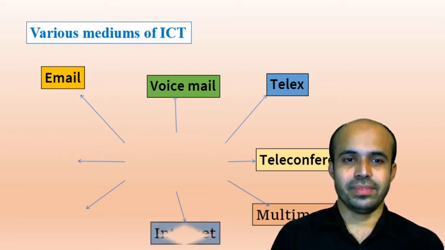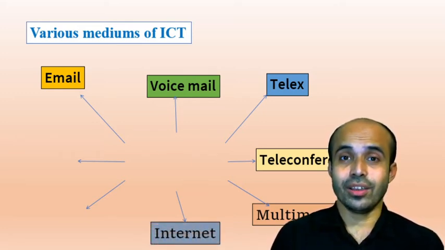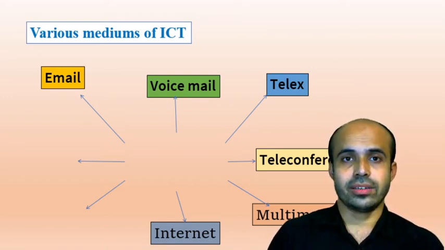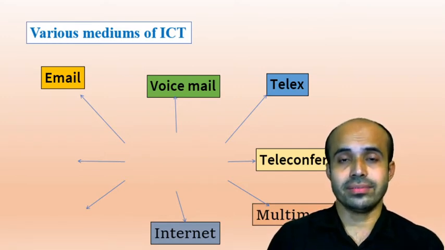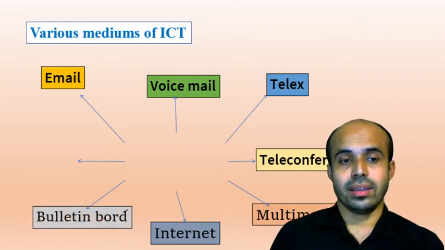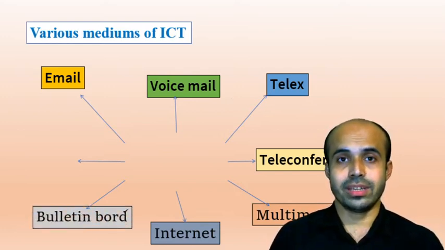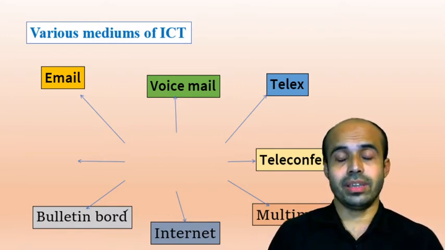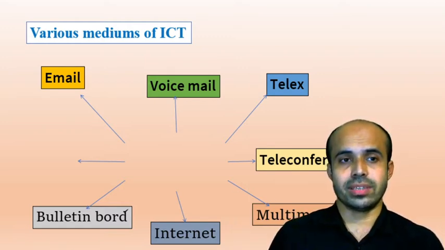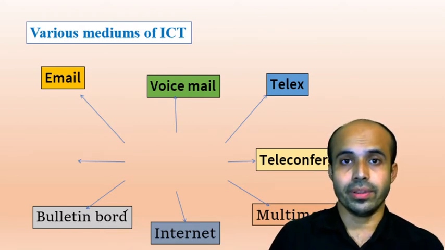Now coming to the next, internet. What you are using to go online, that will be the internet. And the internet is when two computers are connected with a server. And another, a bulletin board. You know what a bulletin board is? It is a notice board type; on the roadside or in any institution there is a wall, and what hangs over the wall is a bulletin board.